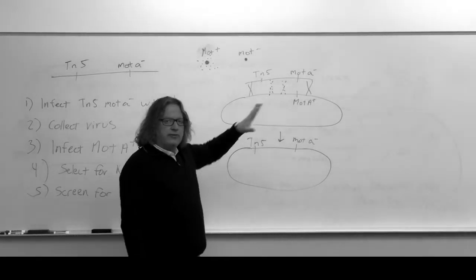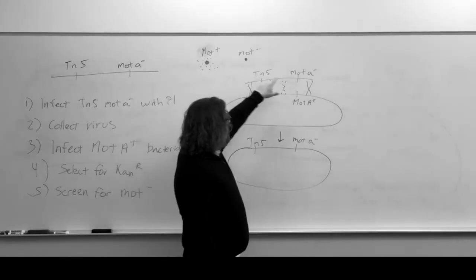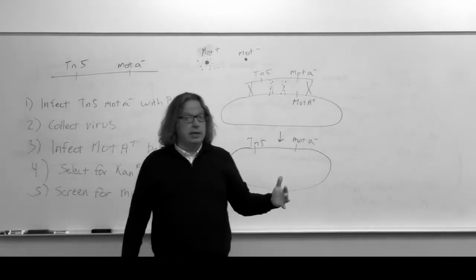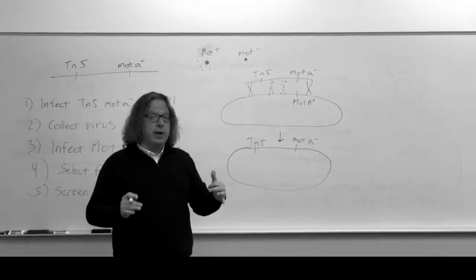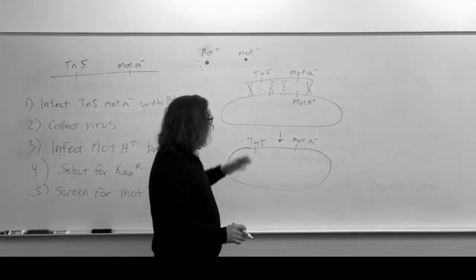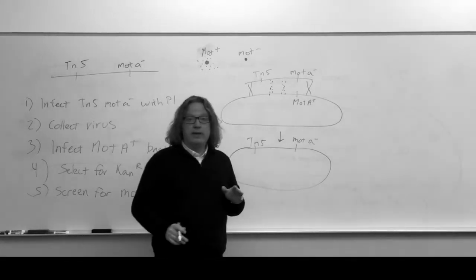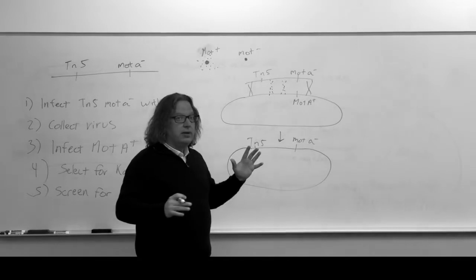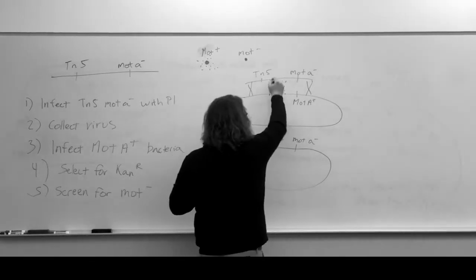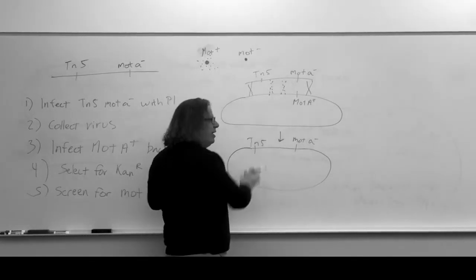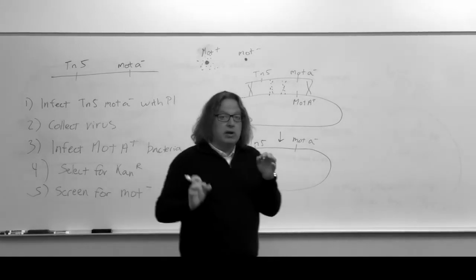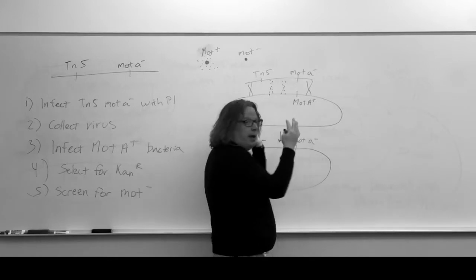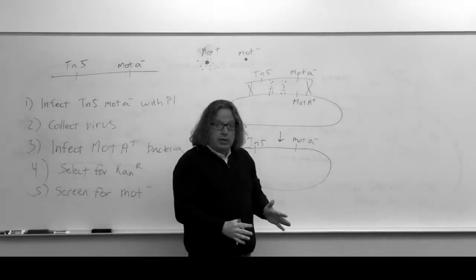And so the frequency with which you actually bring these two together, you bring TN5 and MOT-A minus into the target cell, or you recombine them in, is a function of the distance between TN5 and MOT-A. So if they're really far apart, then generally you'll have recombination events between these two and just TN5 going in. Whereas if they're really close together, then generally you'll actually have TN5 and MOT-A minus brought together into the target